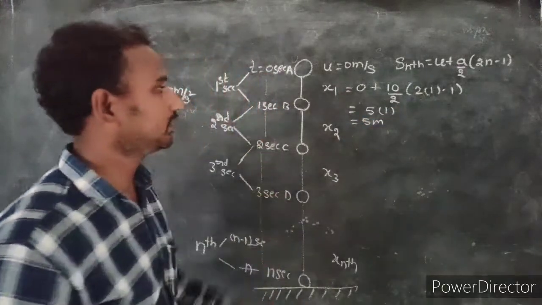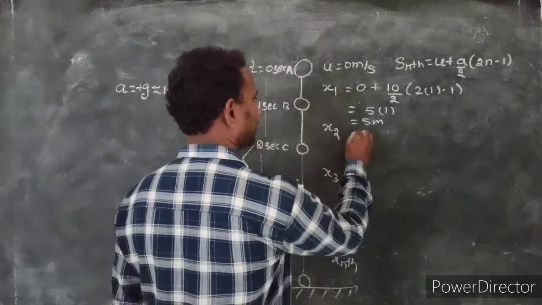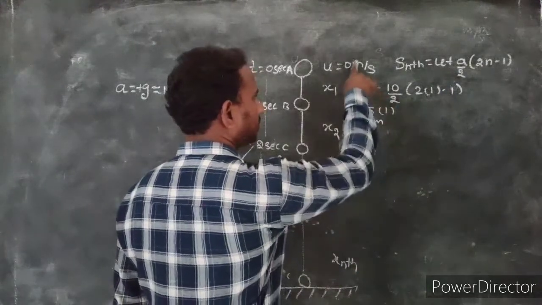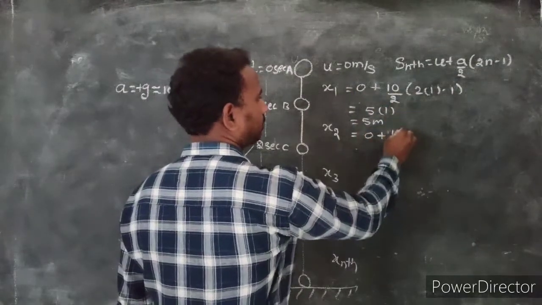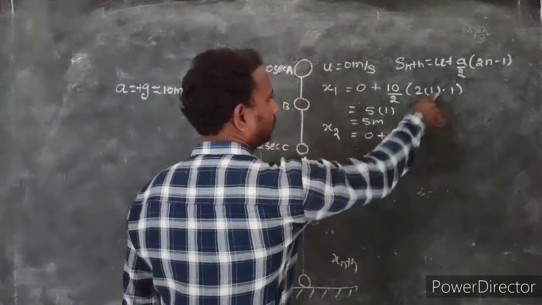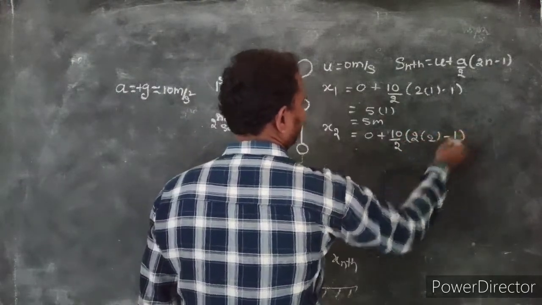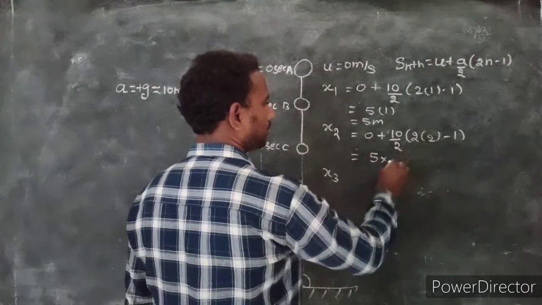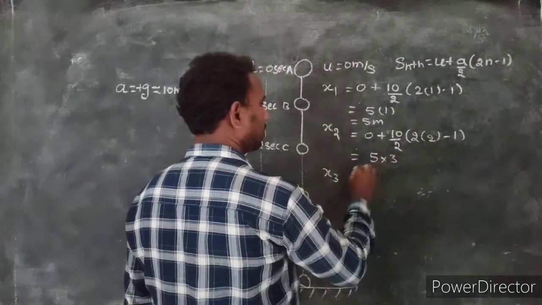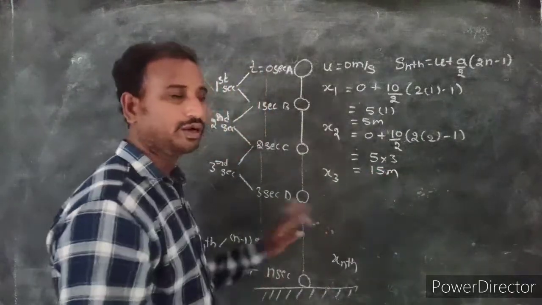Next we have to find out the displacement at second second. Substitute the initial velocity, how much? 0, directly we write 0 plus 10 by 2. Here only the n value changed, so 2 into 2 minus 1, that is equal to 10 by 2, which is 5, into 2 twos are 4 minus 1, 4 minus 1 is 3, 5 threes are 15 meter. Okay, at third second